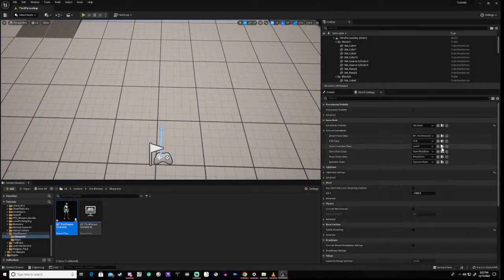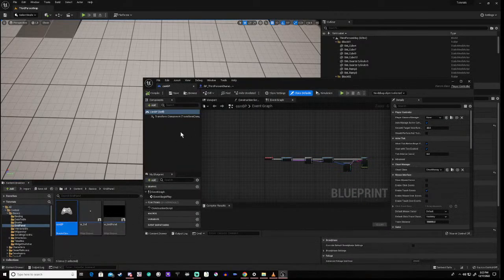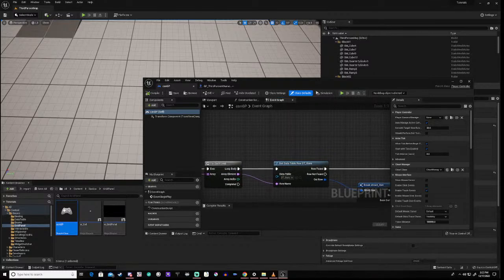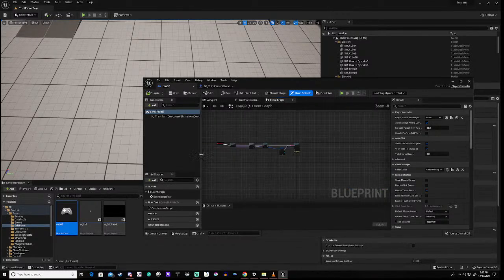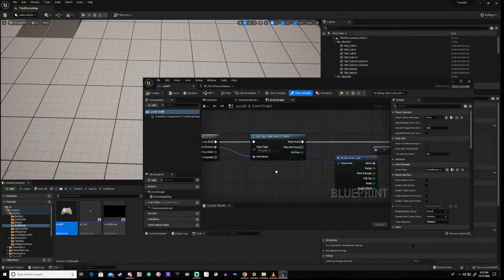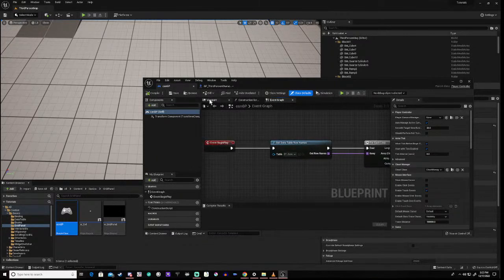Okay, so if we go to ConGP, I'm not going to show this, obviously. Let's see what we've got. Data table row names, guns, print string, and